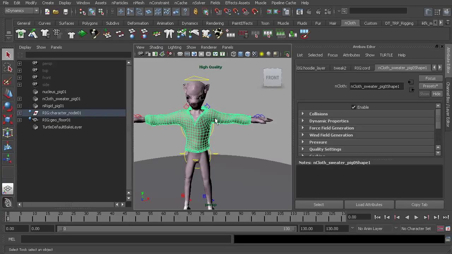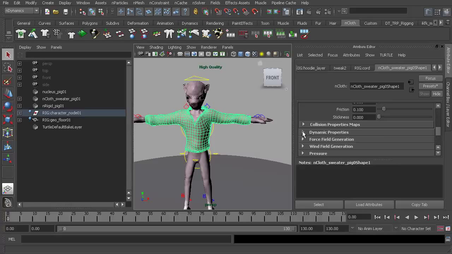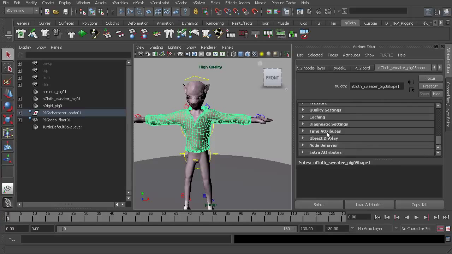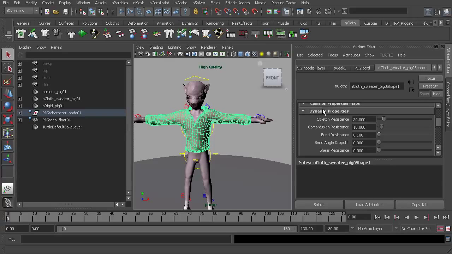With our cloth object selected, notice Maya will automatically load in the properties we need to start to adjust the cloth object's dynamic attributes. So underneath our nCloth shape node, we'll find parameters to adjust collisions, dynamic properties. Let's go ahead and expand this as well. And then later we'll take a look at our quality settings to get an even better, more polished look to our cloth. But first, we're going to take a look at a few properties underneath